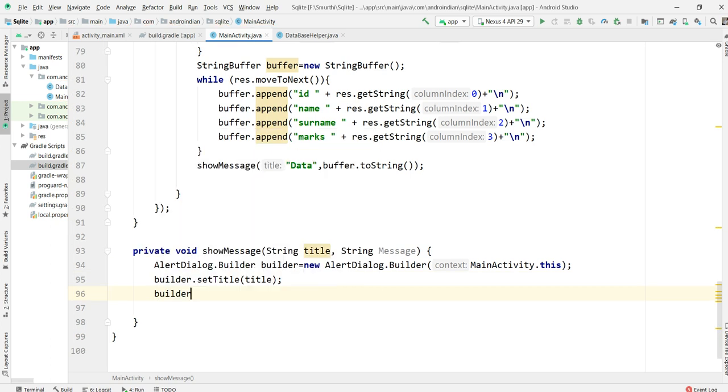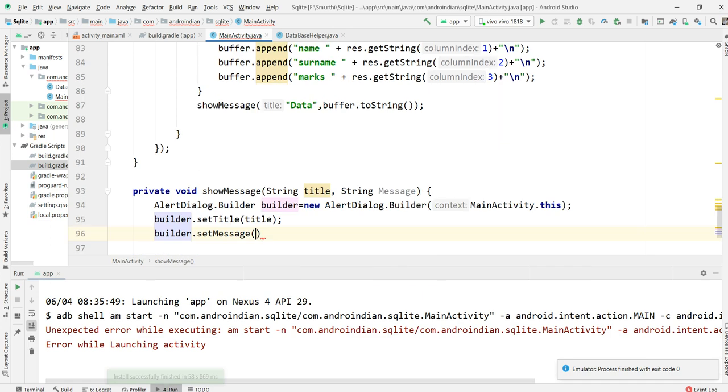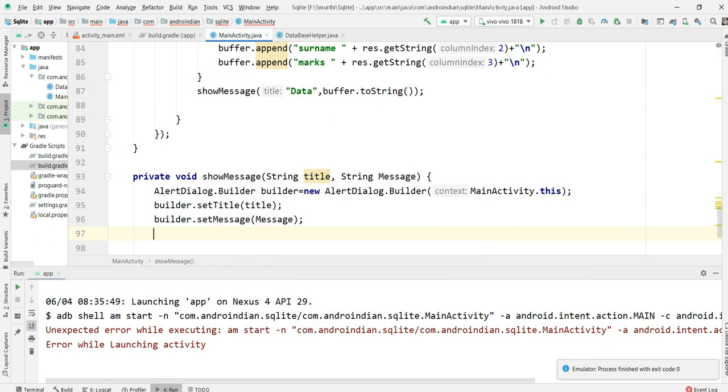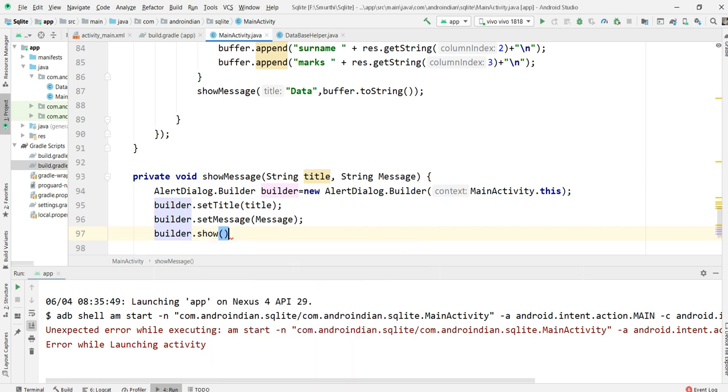Then builder dot set message, whatever the message we have above, that message I want to show here. Then finally I want to write builder dot show, just to show this dialog. So I am showing this dialog now.